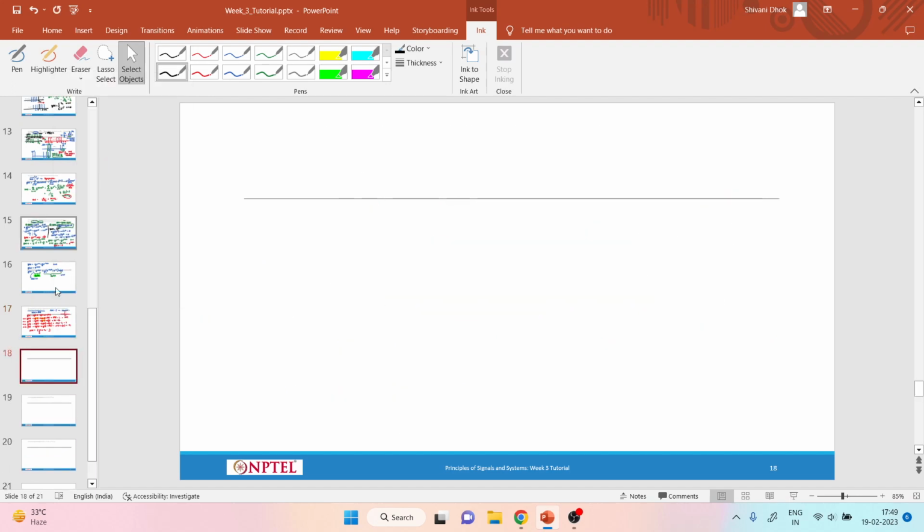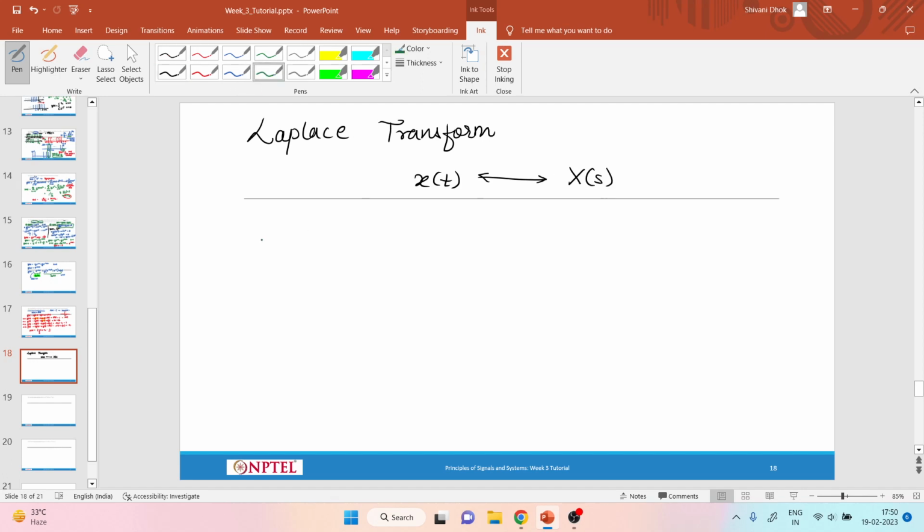Okay. So the next two questions, or the last two questions that I wanted to cover today, are based on Laplace transform. So if I have a signal x of t, then it will have its corresponding Laplace transform x of s, and this x of s is given as the integral from minus infinity to infinity of x of t into e power minus st